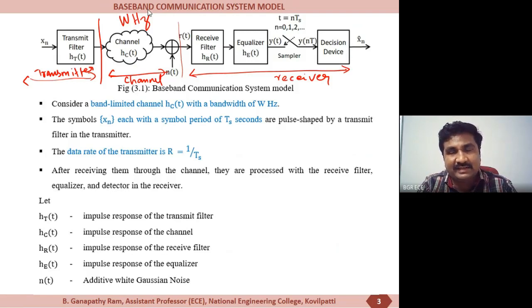This parameter is relevant to the system, not only by means of the channel, because this additive white Gaussian noise is a thermal noise which occurs due to the random motion of the electrons of active components present in the receiver, the electronic components of the receiver. Anyhow, we are modeling this noise inside the channel by considering the receiver is noise free. The receiver equipment is noise free. We are assuming this noise as noise in the channel part. That's why we are calling this channel additive white Gaussian noise.